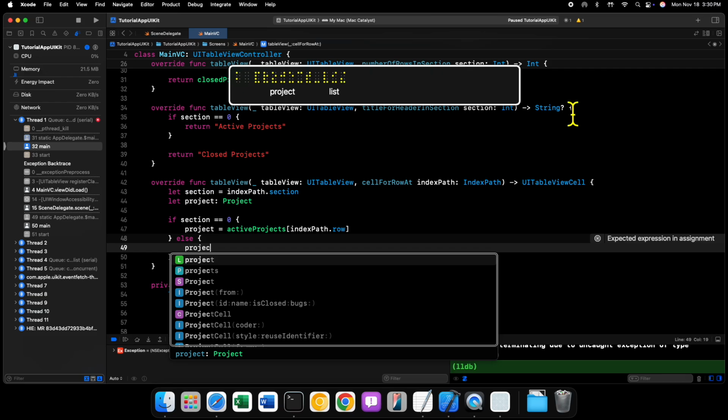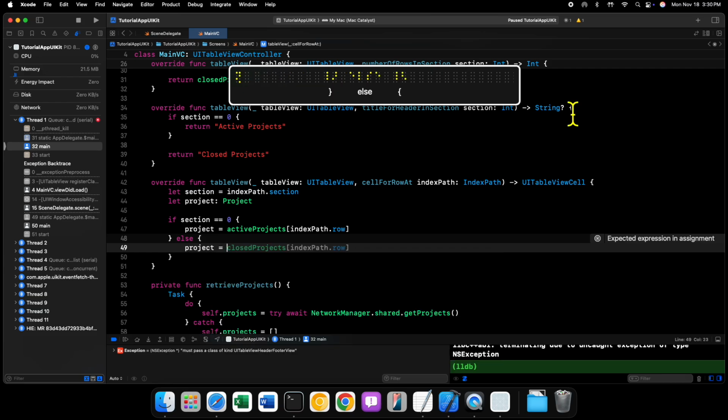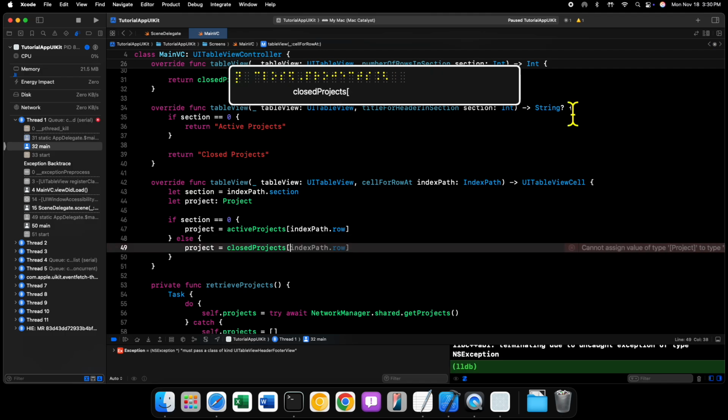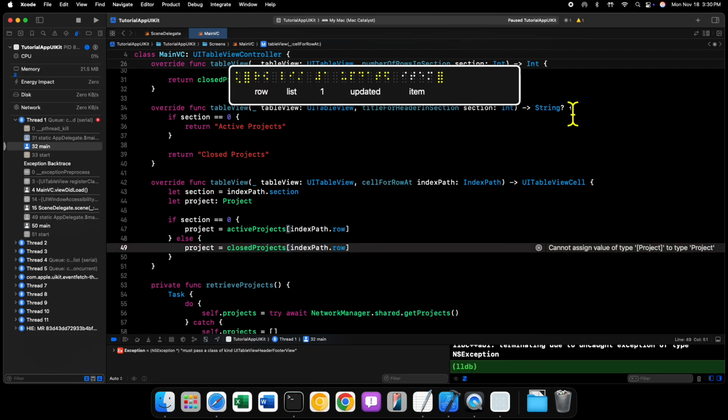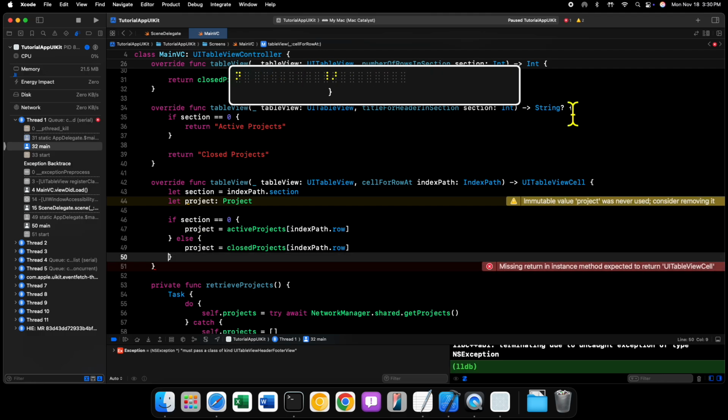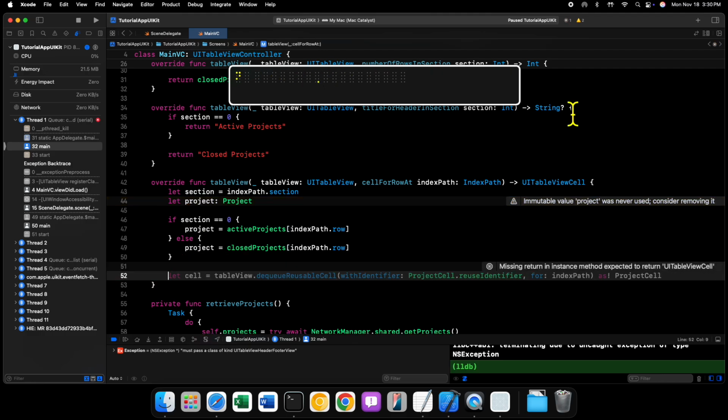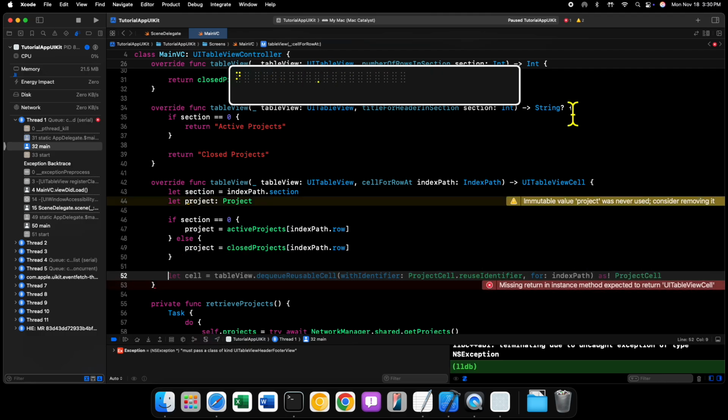Otherwise, project will be equal to closed projects at the index path dot row. Like that. So now that we have our project,